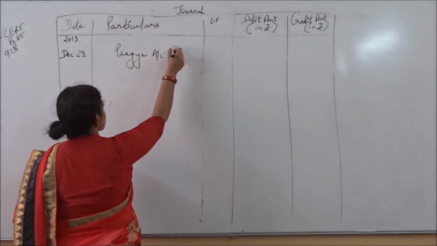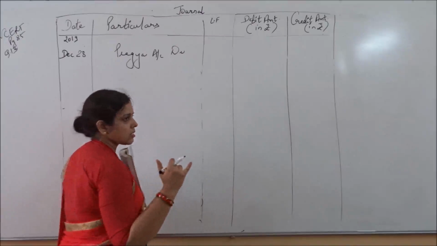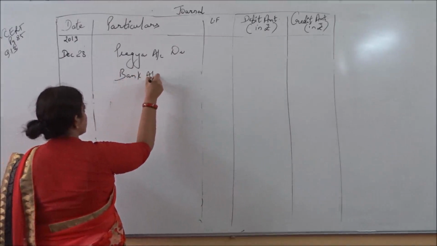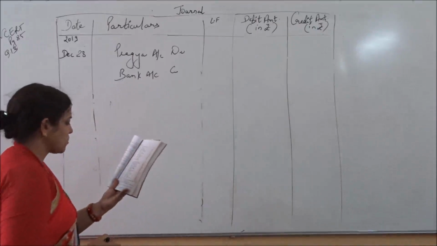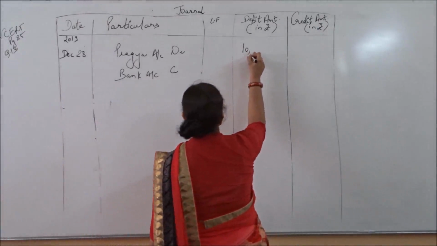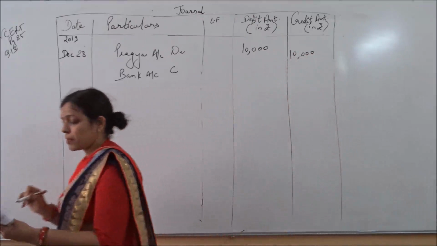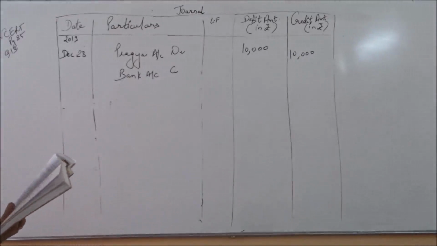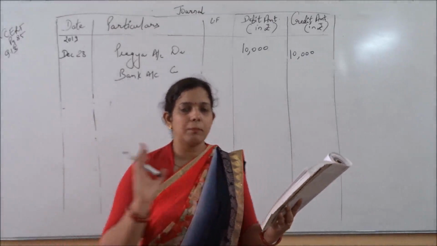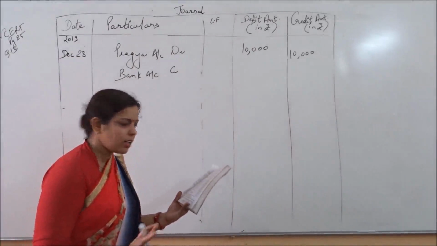Pragya account debit and check is given. It means money is moving out of the business through the bank by check. So bank name will come. Bank account credit. How much amount is the check given for? 10,000. Because 10,000 purchases were done from Pragya, you can see a machine was purchased in the December 25th transaction. A machine was purchased on credit and now the payment is done by way of check. It means now the amount is fully settled with Pragya.